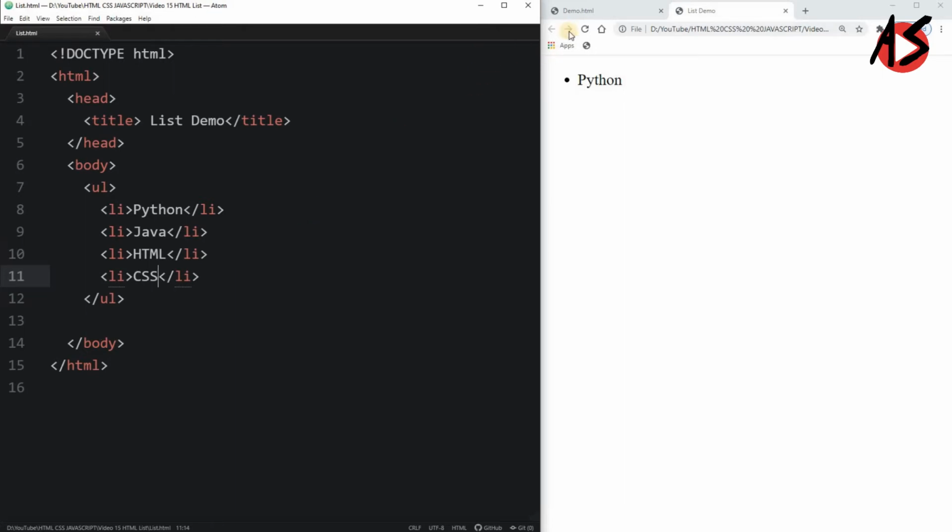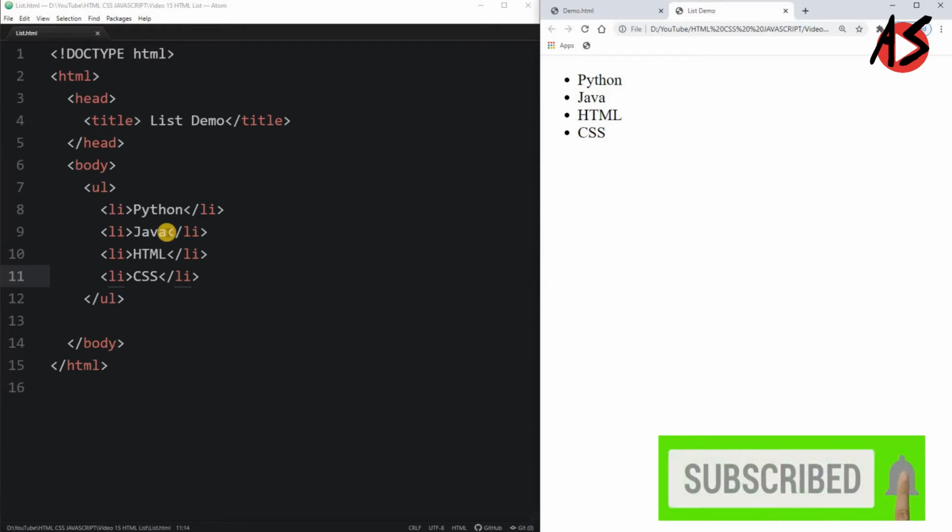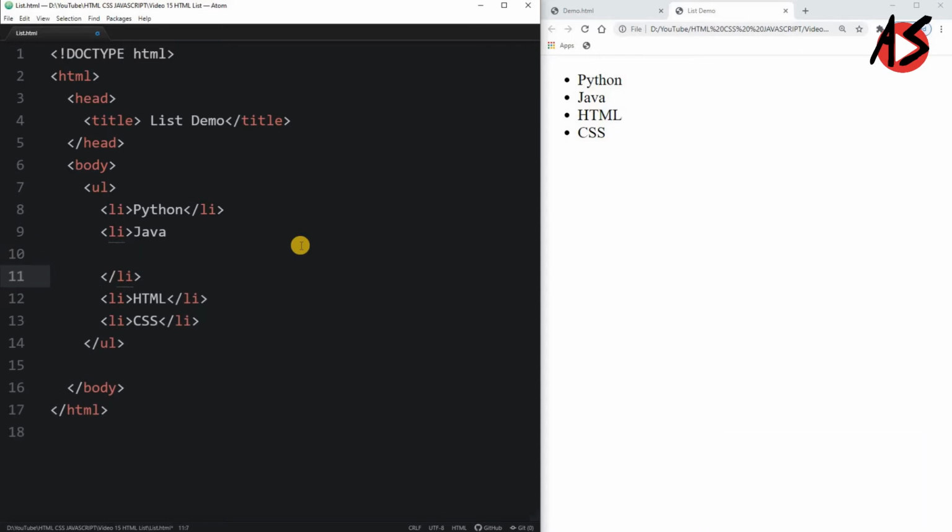Then we will refresh the page. Here you can see the beautiful list in which you have all the computer languages marked with a bullet symbol.